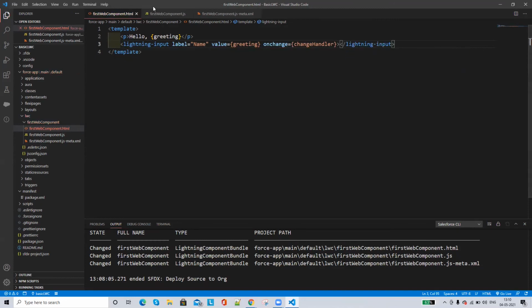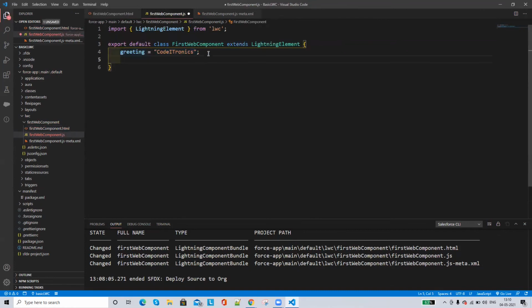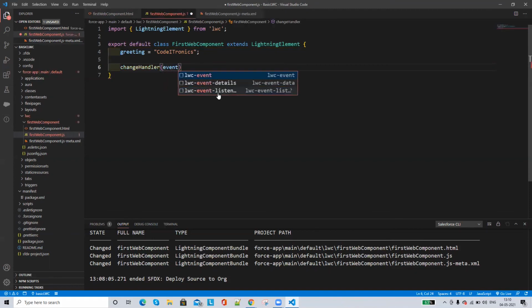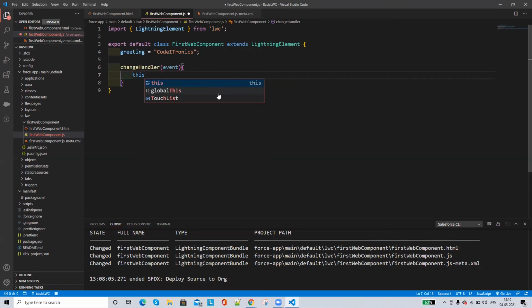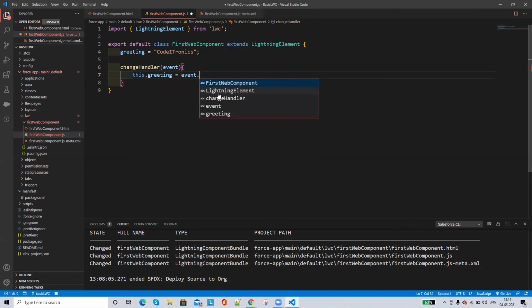Okay, let's save it and let's go to the component.js. In that, we'll create one method named changeHandler, and we'll pass event on that, and in that this.greeting, so greeting equal to whatever the user enters, event.target.value.